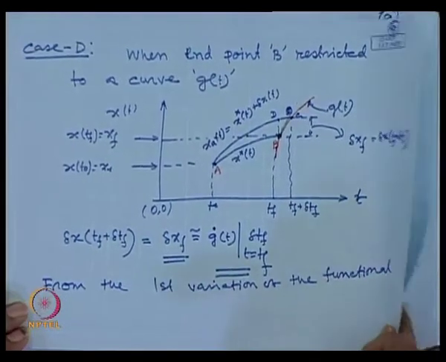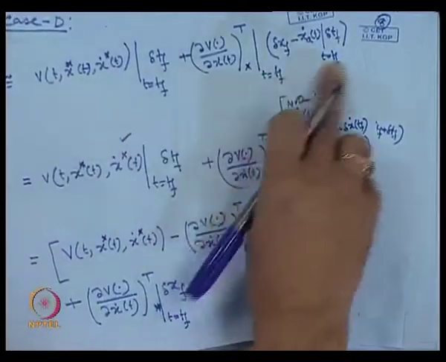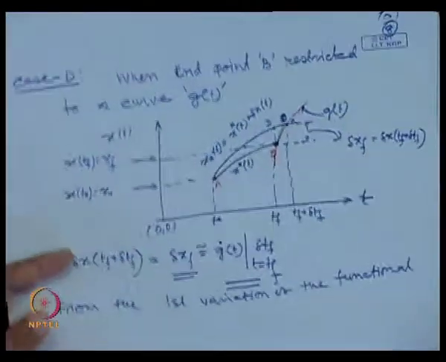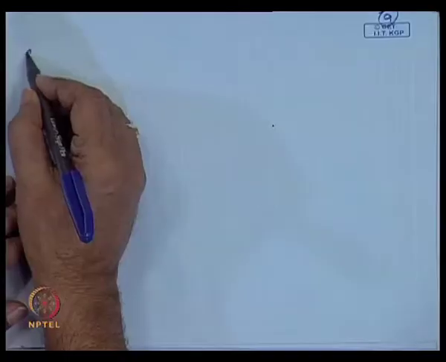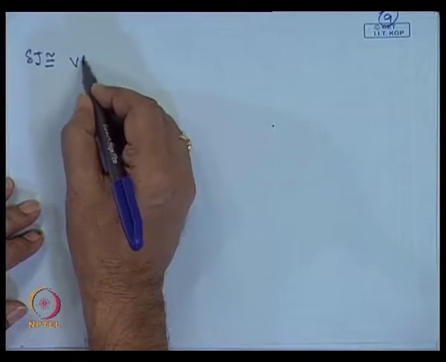We rewrite this expression once again. That means, from the first variation of the functional, if you see that one, this expression I am writing once again for your convenience. Agree? So, delta J, or have I given you the equation number? No, I have not given it. So, it is delta J nearly equal to del V dot